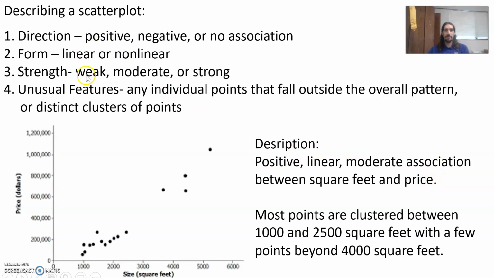Notice that I've already hit the first three and I included my context. So it doesn't have to be a super lengthy sentence. And then I put most points are clustered between 1,000 and 2,500 square feet, which is true, with a few points beyond 4,000 square feet. So again, that gives you a general idea of where the cluster is, but hey, there's a few more values further